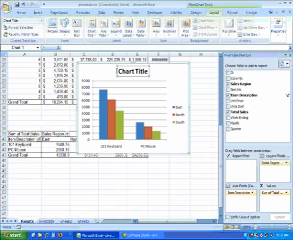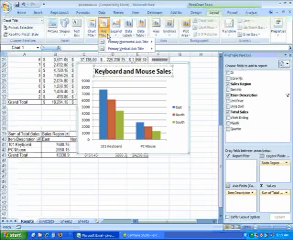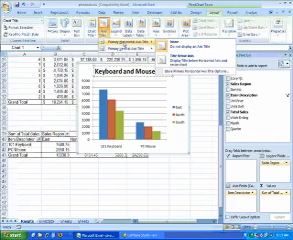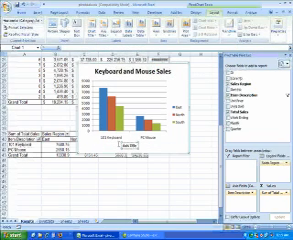And I'm going to call this keyboard and mouse sales. I think I have some spelling problems here. There we go. Oops, keyboard and mouse sales. We also want some axis titles, so I'm going to click on the drop down arrow and I'm going to choose primary horizontal axis, title below axis, and let's call this one products,